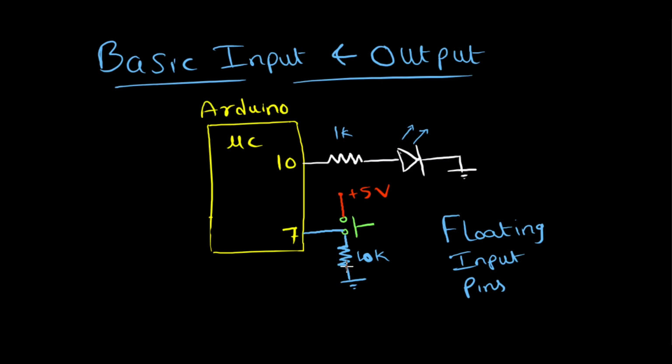Now the problem with this is that it's just one switch, right? Let's say you want to use multiple switches like this, say 4 or 8 switches. Then your hardware cost and PCB space, everything will increase when you use an external resistor. So let's say in order to optimize the design, you remove the 10K resistor and connect pin number 7 to the switch directly like this.